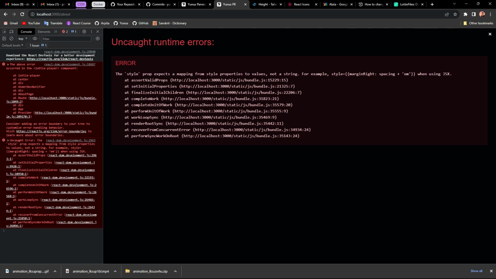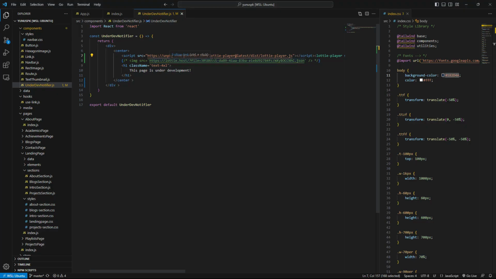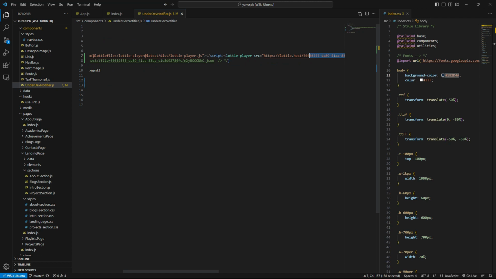Style prop expects some mapping. Okay, yeah, so it has a style. It has some styles here. It's because it's JavaScript and it's gonna be different.